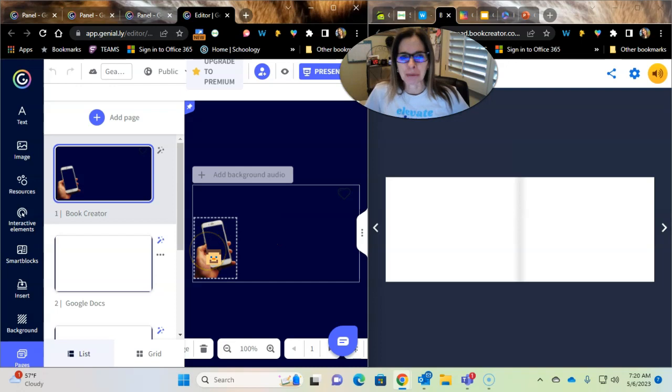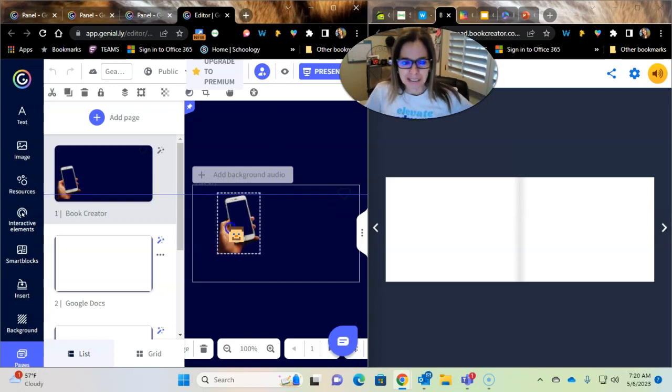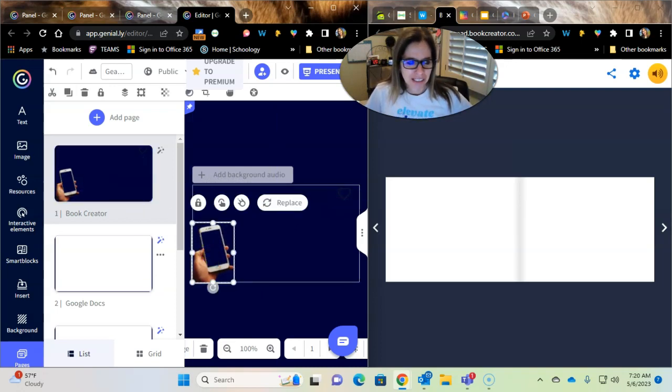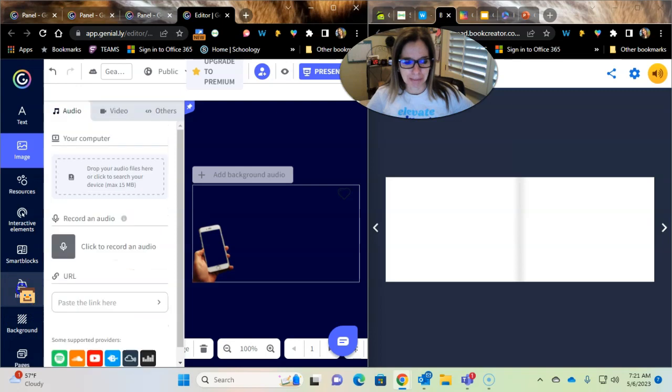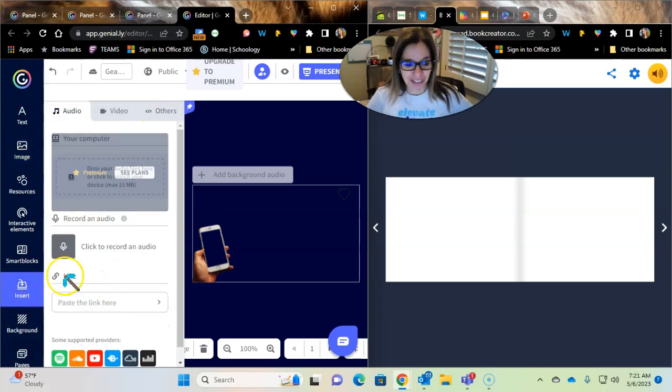It really doesn't matter what style you choose, because as you see, I just added a little image, so you can put all of that. You could even add a little video of you right here from within Genially, or if you already have it. So you can kind of stack this page, layer it, whatever you want to call it, inside Genially, and it'll do the same magic. What we're going to focus on today is the insert